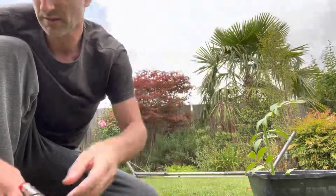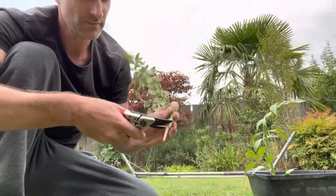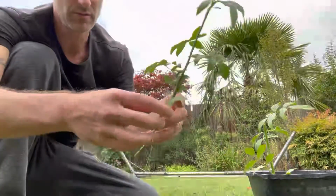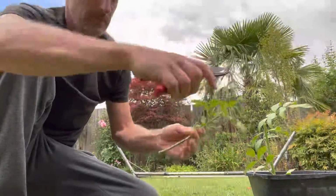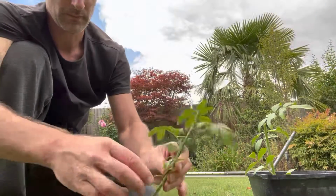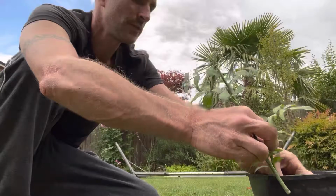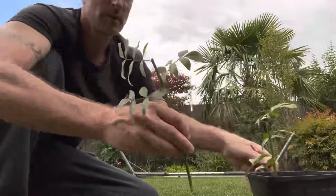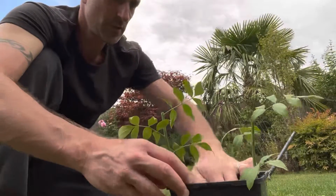Now those bits are now no good, so I'm going to do the same with this, just below your leaf joint. If you need to, strip off some of these lower leaves. Actually, I will take off, I'm going to take one more off on that one. There we are. Pop that into the corner. Now just firm it around,